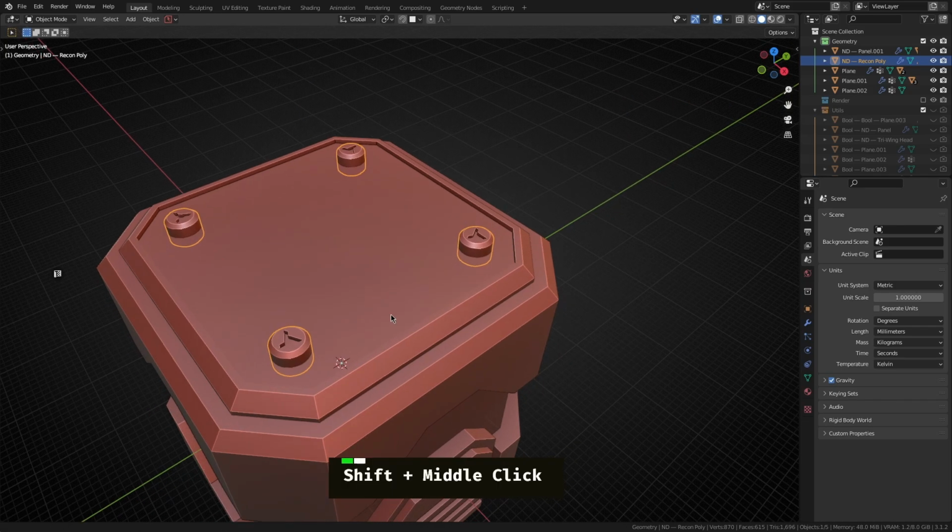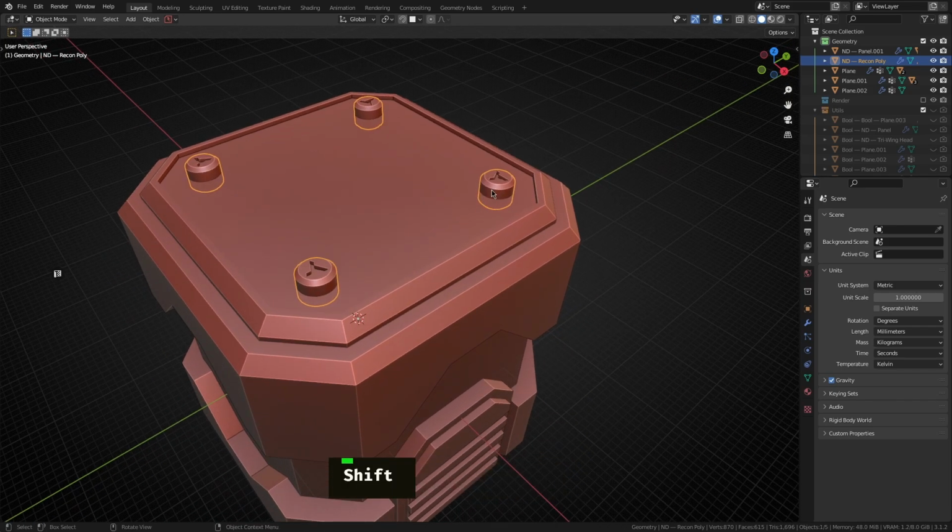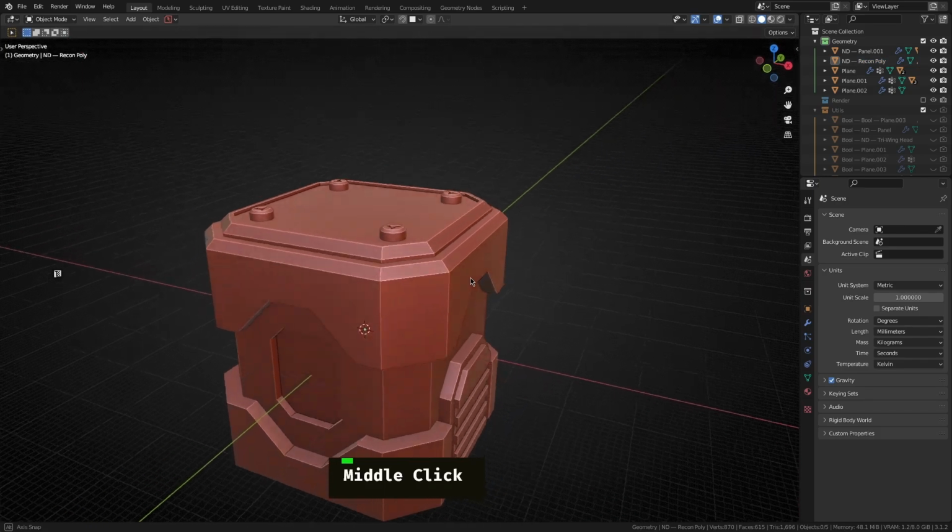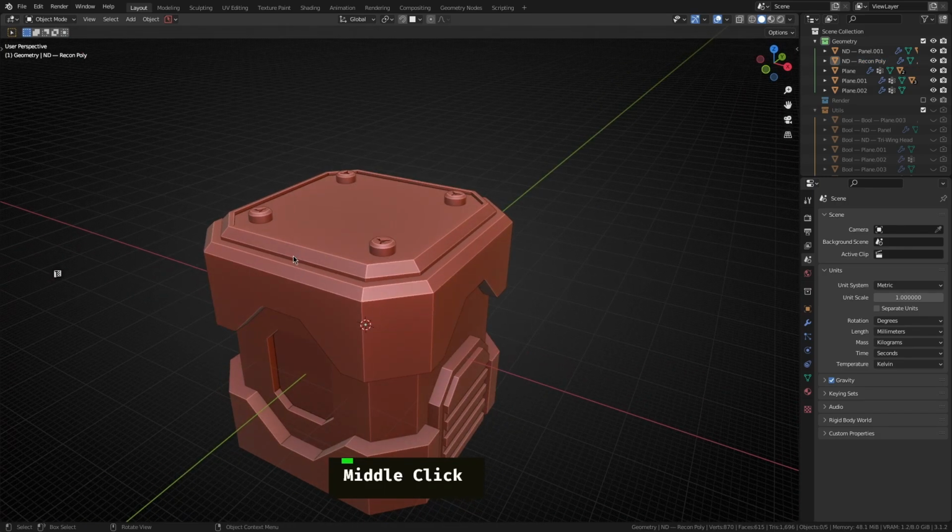Now, what's kind of happening under the hood is we're basically just taking this bolt, moving it down to the origin point, and then using special modifiers to displace it back to its original position, allowing you to do a circular array on procedural geometry, which you would normally not be able to do by simply moving the origin point. I think the next detail I want to do is add a bit of a cut